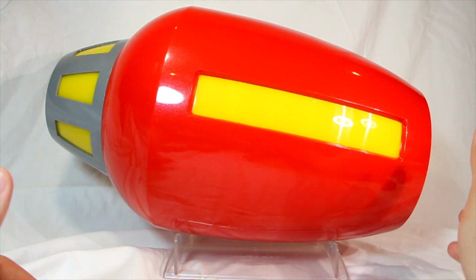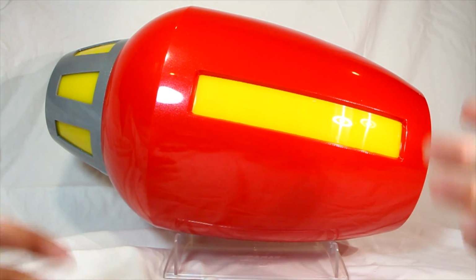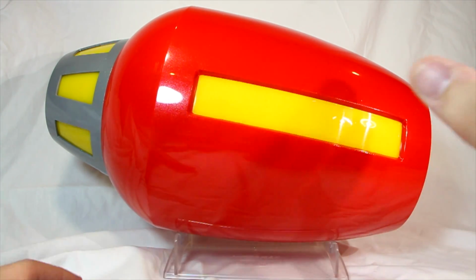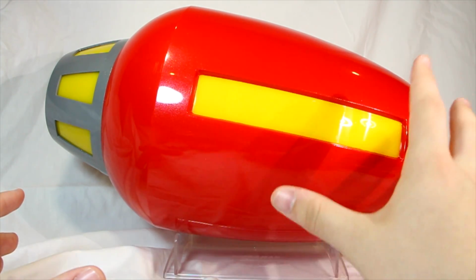Now, I don't know if it's going to come across on the camera. I hope it will. If I move my phone light across it, you can kind of see it shimmering there if you can't just see it already. It has a glittery paint effect that goes through it, and I absolutely love it. Now, to the best of my naked eye, I don't think the Mega Buster has it. It has a slight sparkly tint to it, but this one is definitely much, much more pronounced,